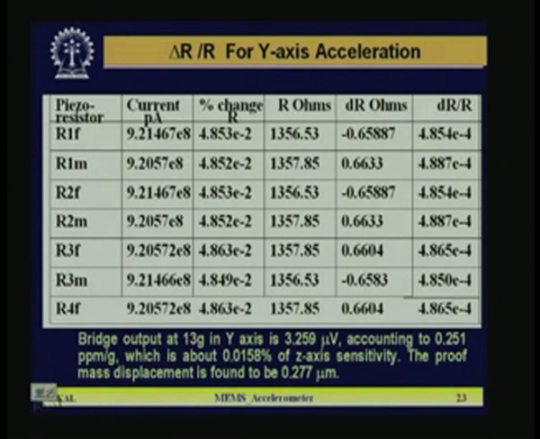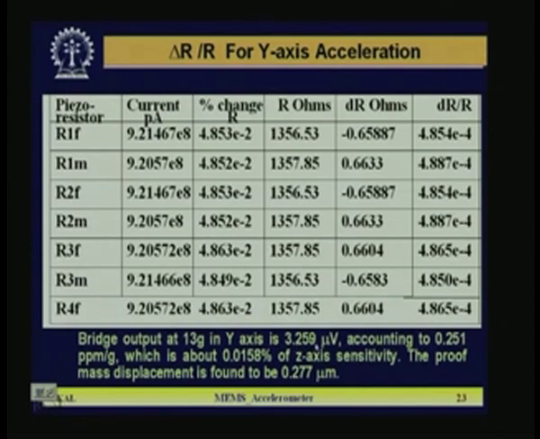The change of resistance, delta R by R, is not exactly the same in all cases, and you find that the third order and second decimal point is varying. At 1F it is 4.854, here is 4.865, similarly another is 4.850 at the M mass end, here is 4.887. Because of that little variation, you will get some sensitivity in the y-axis, and the bridge output at 13G in the y-axis is